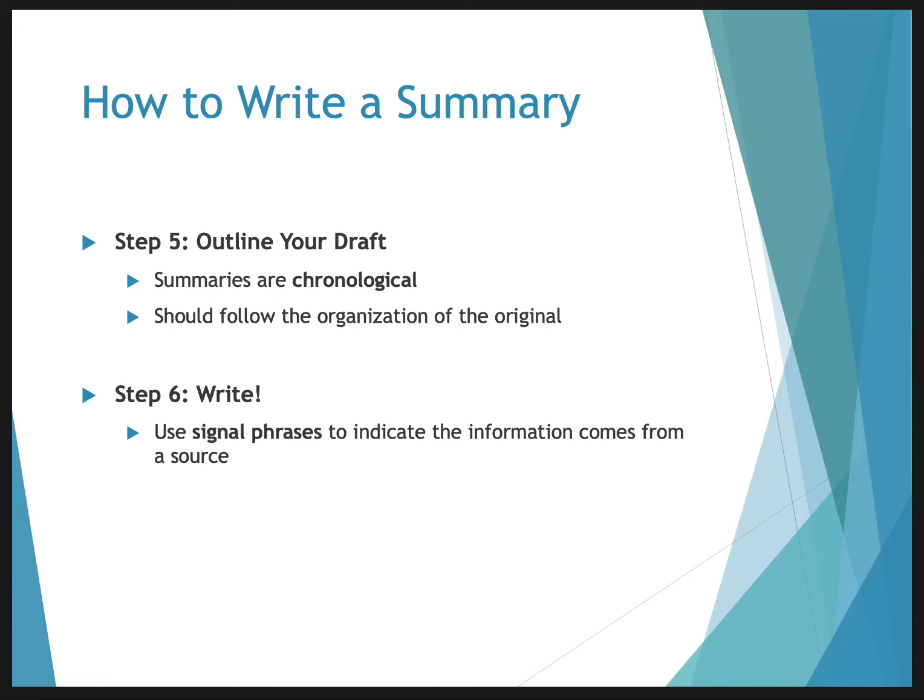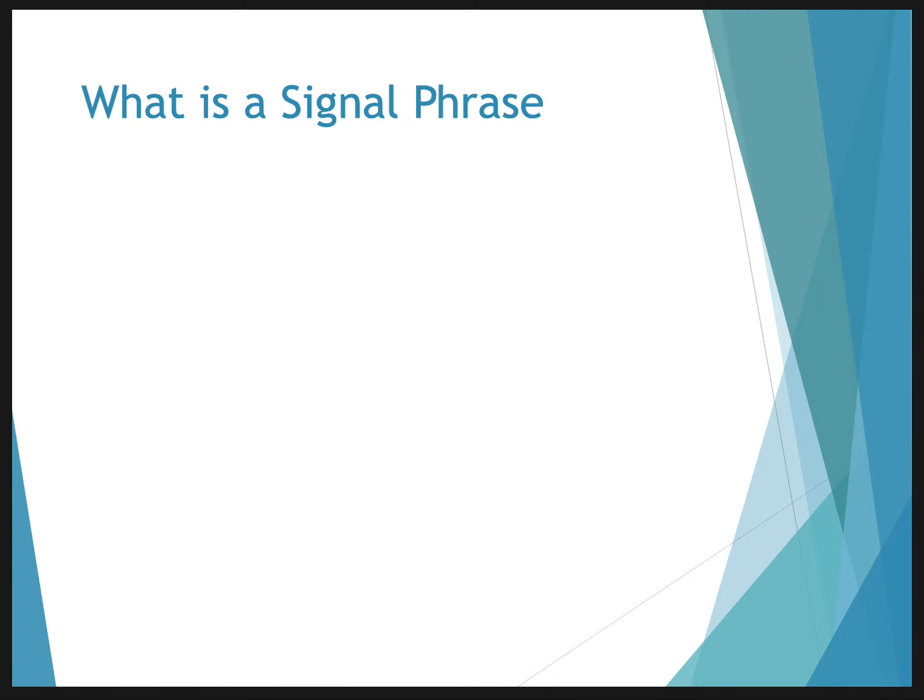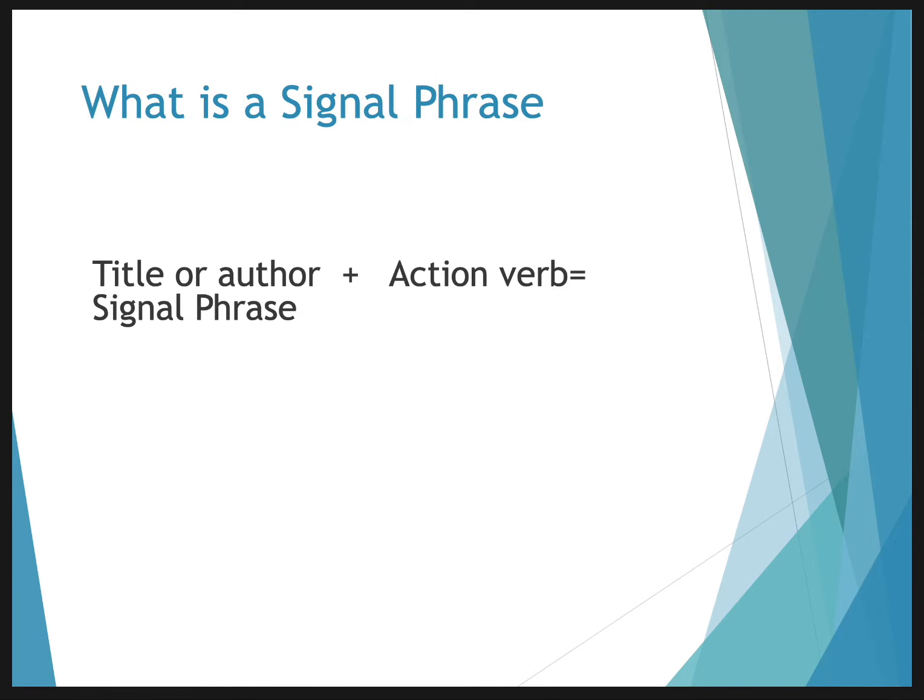Now, as it says in our textbook, you need to make sure that you're using signal phrases to indicate that the information comes from a source and not from you. So what is a signal phrase? Signal phrases are some sort of identifying information like the title or the author of a piece and an action verb. So here's a really silly